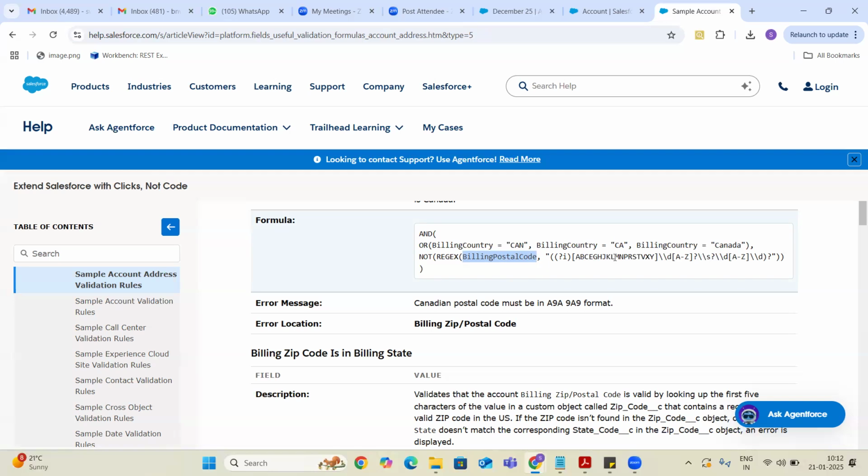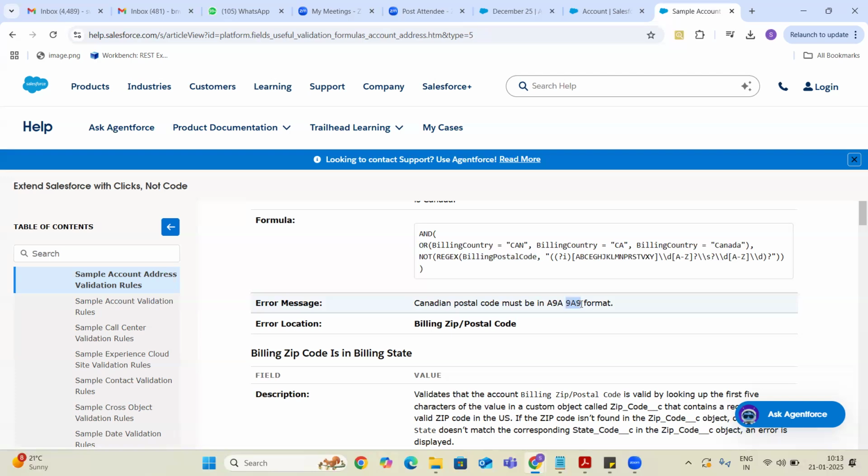This regex says that a Canada postal code must be in A9A or 9A9 format. That means it should start with a letter and end with a letter, or it should start with a number and end with a number.